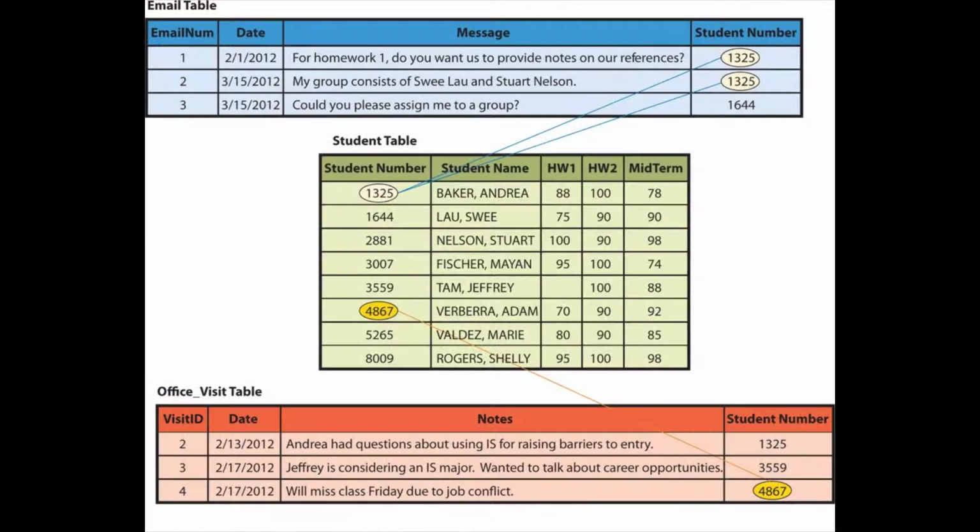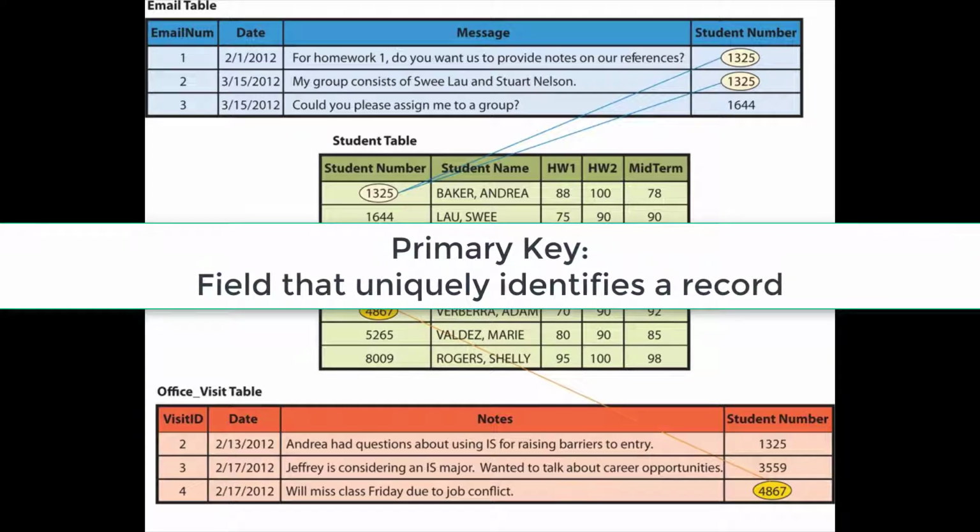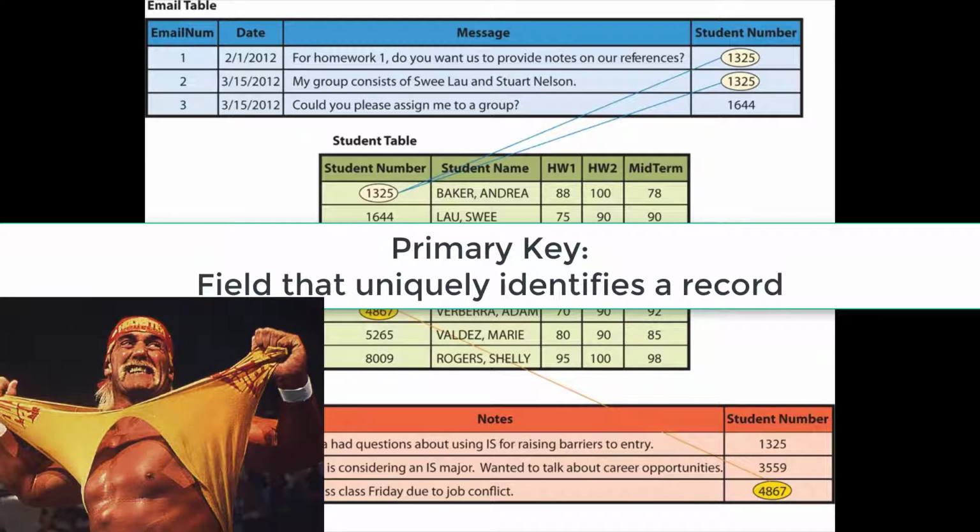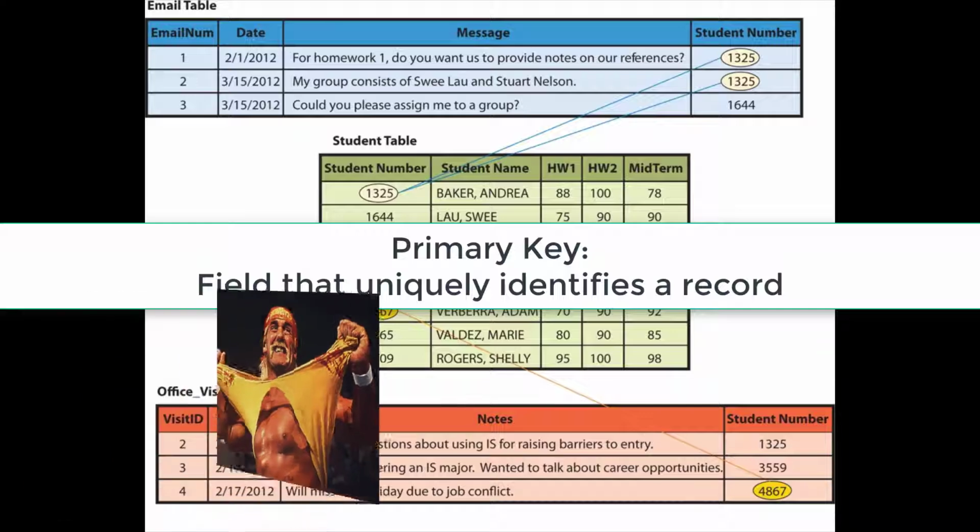The relational part of a relational database comes from the fact that tables are related through keys. A primary key is a field that uniquely identifies a record. For a customer table, for example, it's possible that you have two people named Terry Hogan living at the same address. Terry could be both a man's and a woman's name, or one of the Terry Hogans could be a junior or a third. To differentiate them in a customer table, we might give them a customer ID.